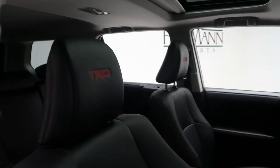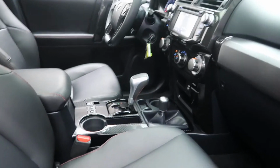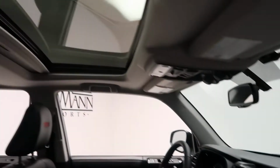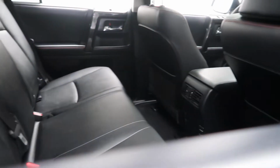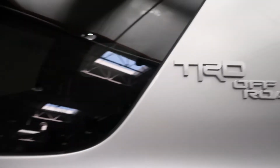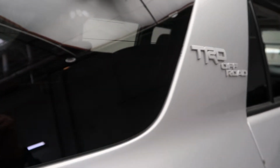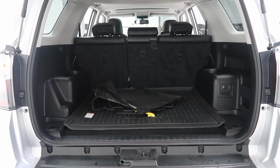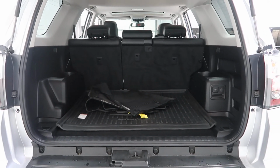TRD in the headrest, black leather interior, carbon fiber center console, sunroof, rear power outlets, TRD off-road badging, trailer hitch, a clean set of floor mats, fold down rear seats,